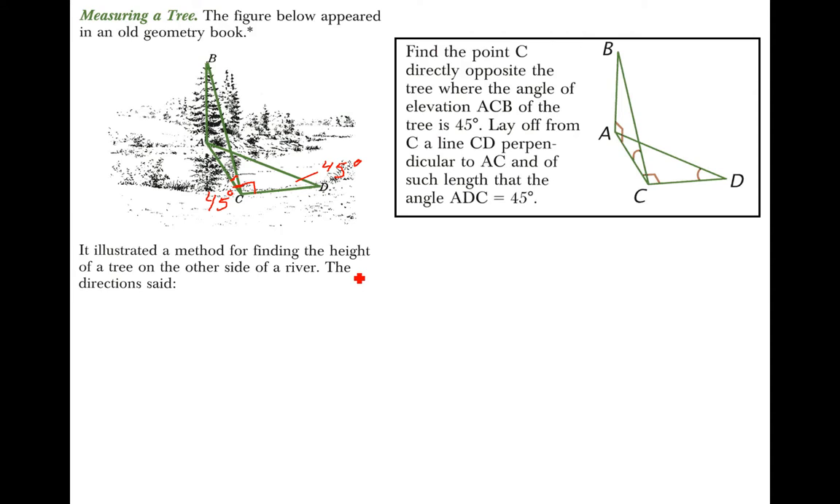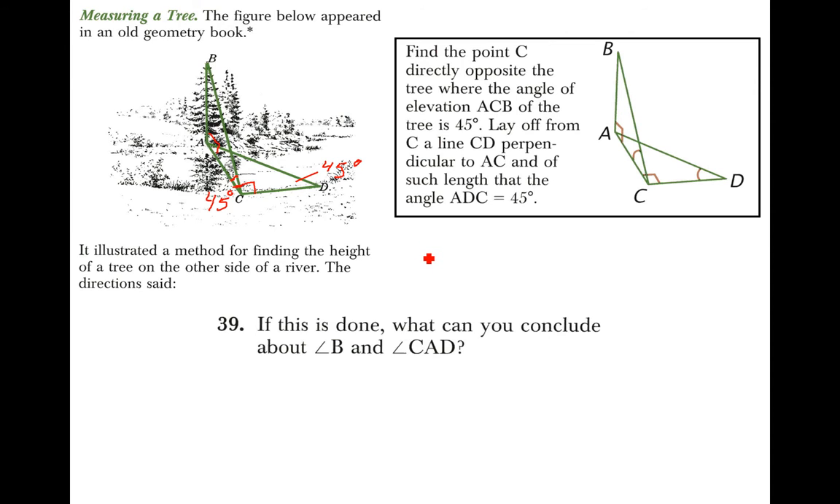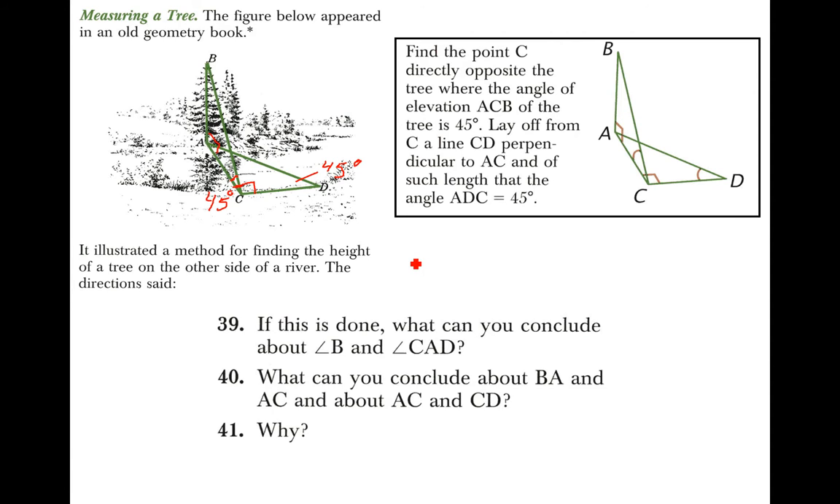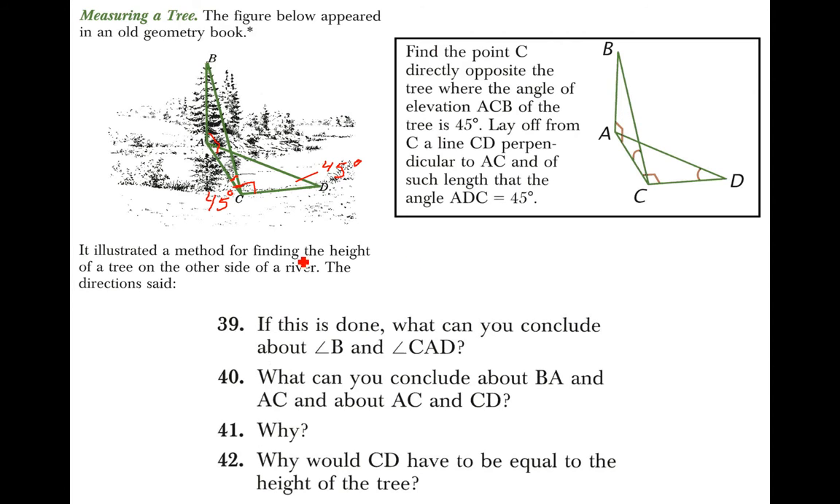Okay, so think about triangle angle sum when you're doing this. Think about the acute angles of a right triangle. You see we've got two right triangles. CAB is a right triangle and ACD is a right triangle. Keep those ideas in mind as you answer these questions about angle B and CAD, the segments, Y, and then